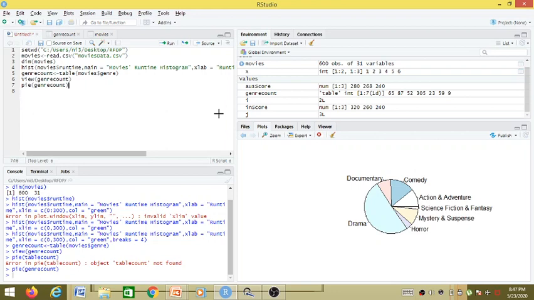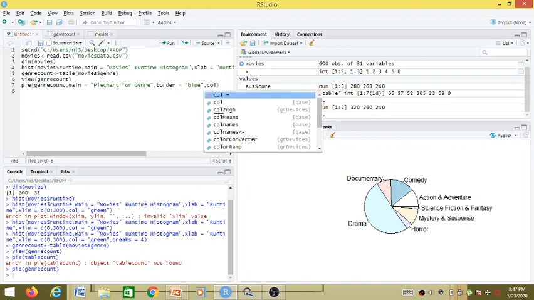Let us modify this itself. So main. As main, we will be giving the name pie chart for genre. Then we can give the border and provide some color information, say blue, and we can have some color for the pie chart itself.